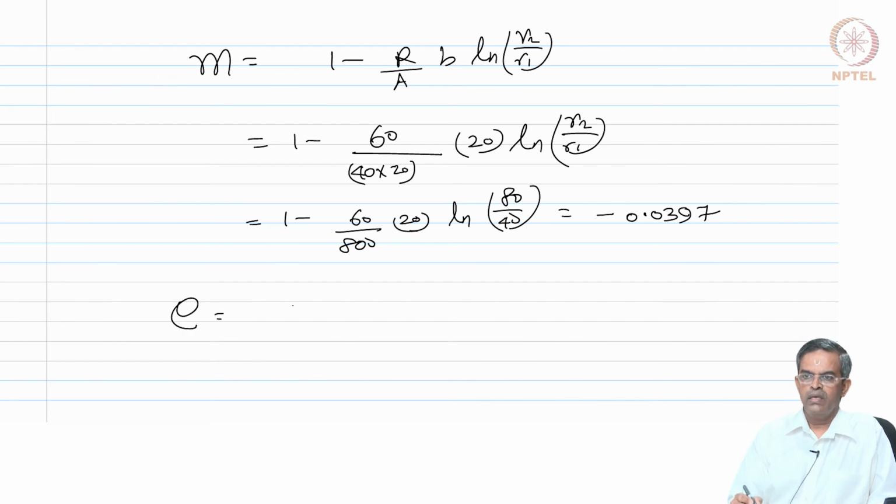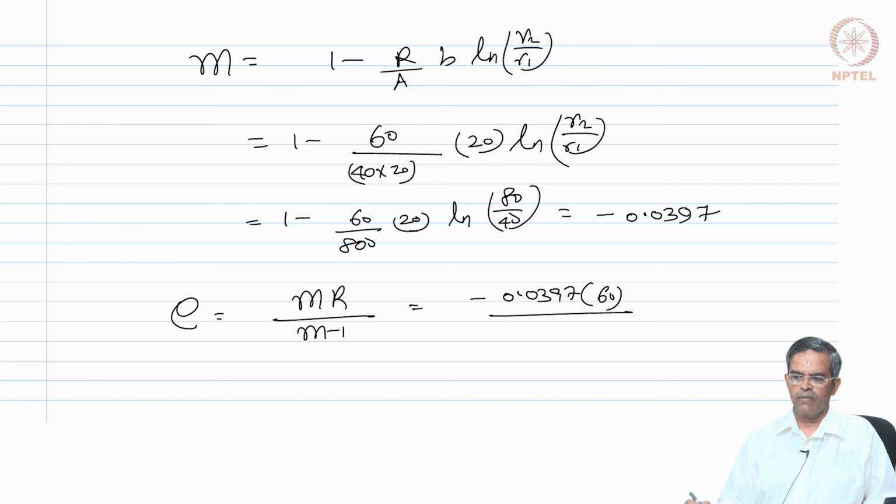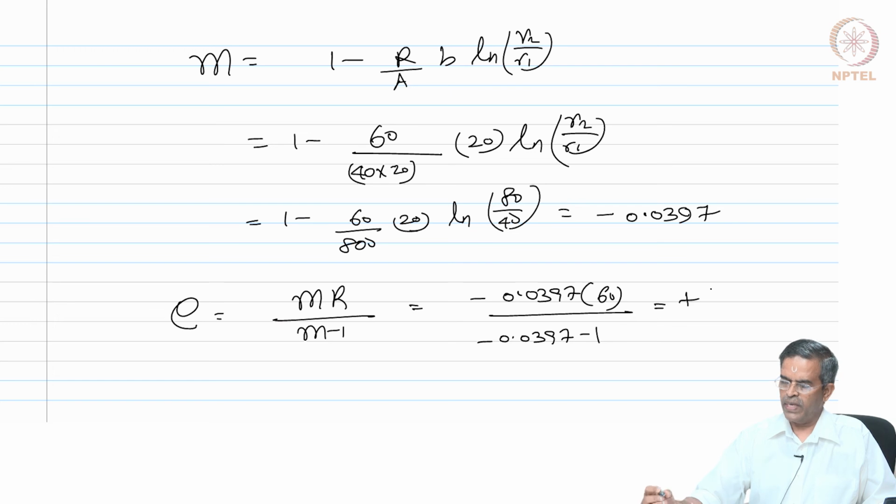So, e will be mR by m minus 1, which will be minus 0.0397 into 60 by minus 0.0397 minus 1, which will become plus 2.291 mm. So, there is a shift of neutral axis from the centroidal axis by about 2.3 millimeters,